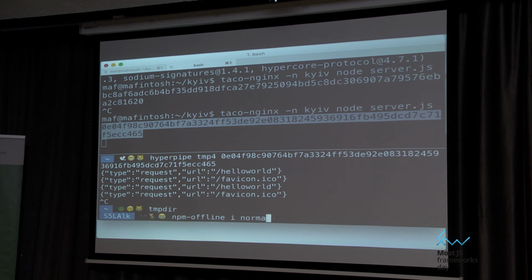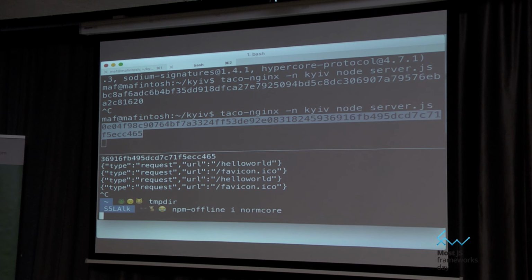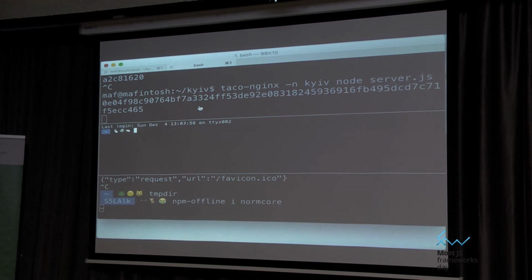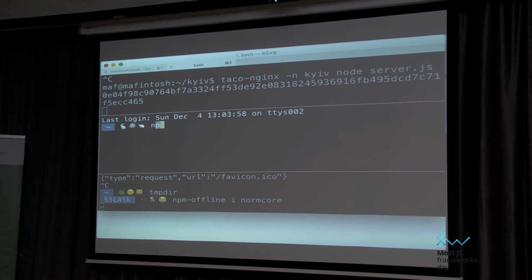So, Normalcore. Just going to install it here real quick. I have this cool alias. Do you know about the --cache-min hack in npm? Basically, when you install something, instead of installing normally, if you pass this infinity, it'll actually just do everything offline, which is kind of nice because it's sometimes faster. Except it's not faster right now, so who knows what's going on.